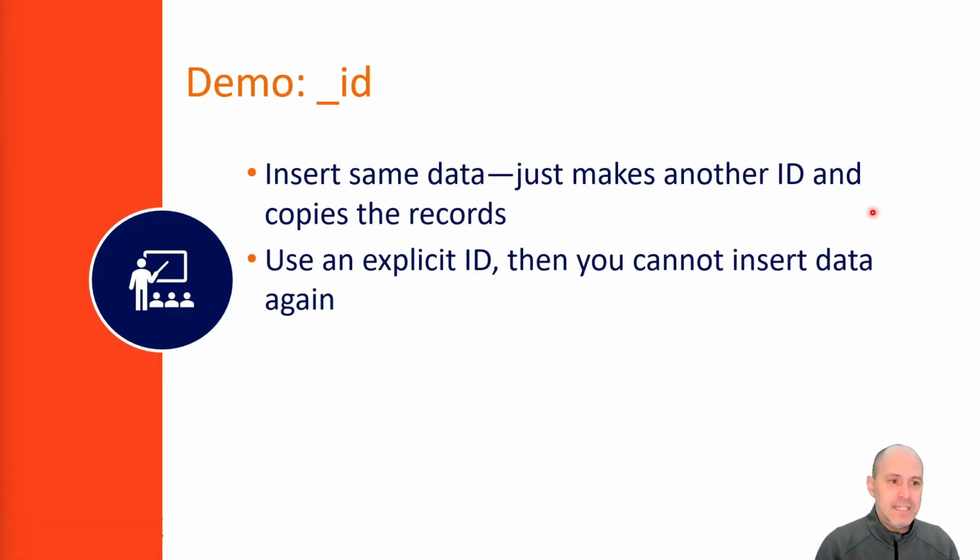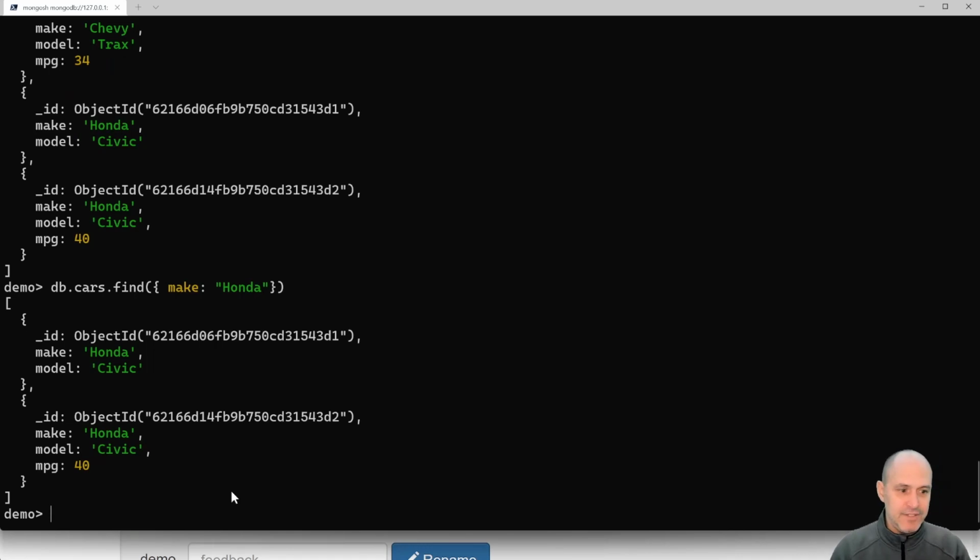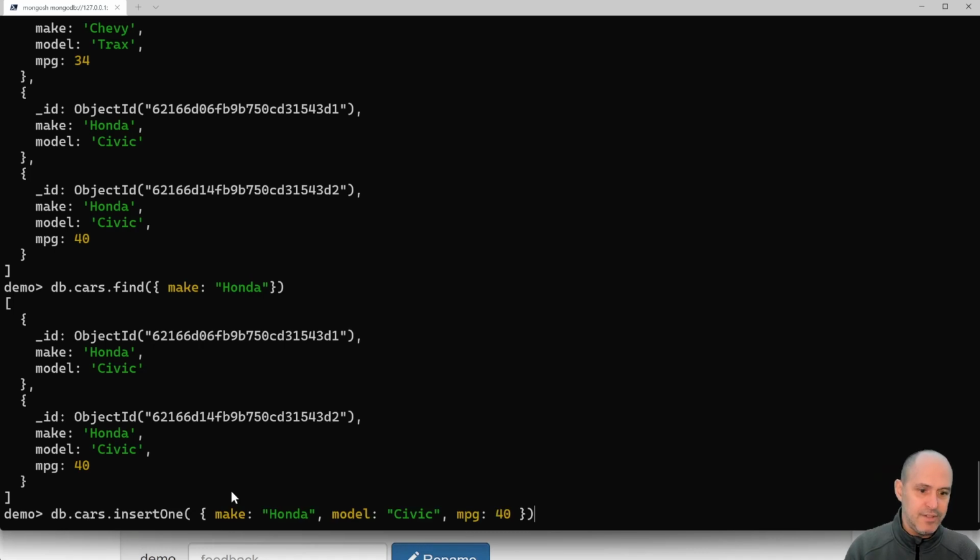All right, so let's do another demo. Let's show you how ID works by inserting a couple more vehicles and then showing you what the ID attribute can do for you. Okay, I'm back out here at the MongoDB shell, ready to show you some more MongoDB goodies. So first and foremost, let's insert a document with a very specific ID. You do it like this: db.cars.insertOne, and let's do a Honda because I have Honda here,